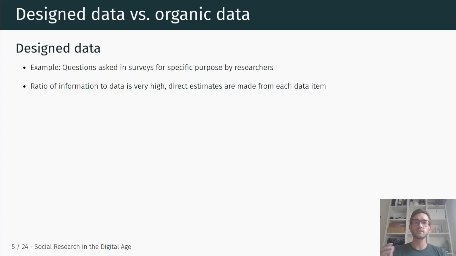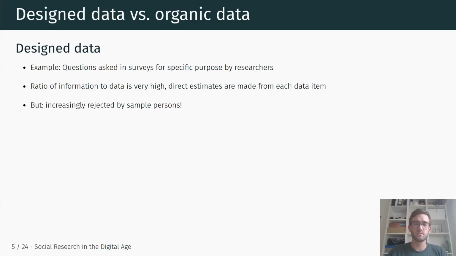So given that they're designed for the specific purpose of gathering information, for example, about households or about people's attitudes, the ratio of information to data, so to speak, is very high, right? So basically you have all the information in your survey that you need in order to answer your question, because you designed the survey specifically in order to answer that question. So you can directly use the estimates that are made from each data item, like a survey question. But as we saw,